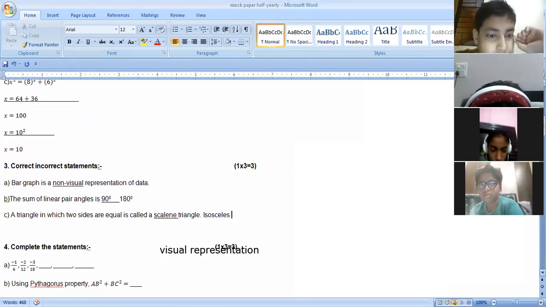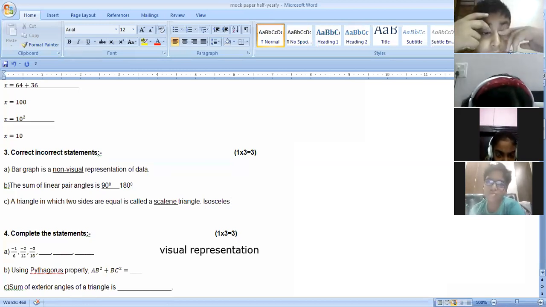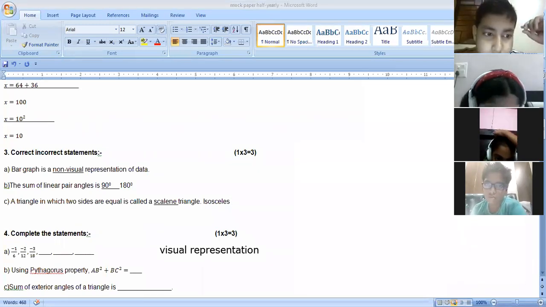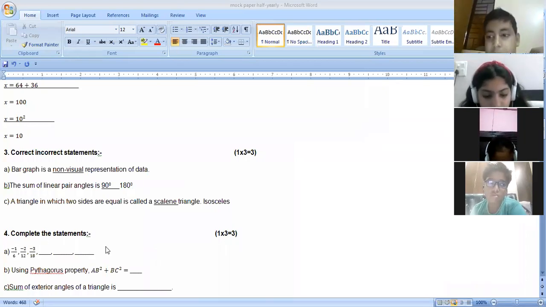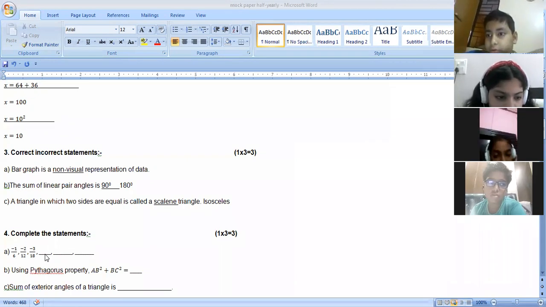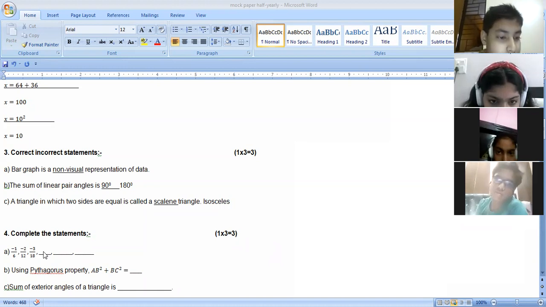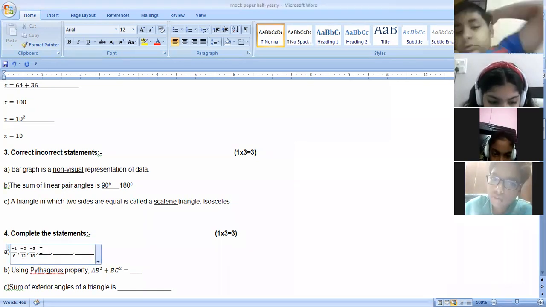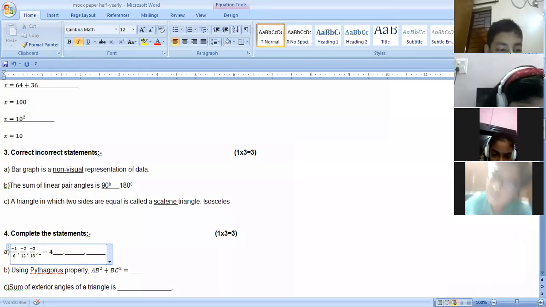Complete the statements. Here in this question, you have to complete your statements. So what will be the answer here? Let's write, Vansh Sharma, Mukul Jain, Anya Jain. Absolutely right. Yes, that's correct, Anya. Mukul, very good. So the answer will be minus 4 upon